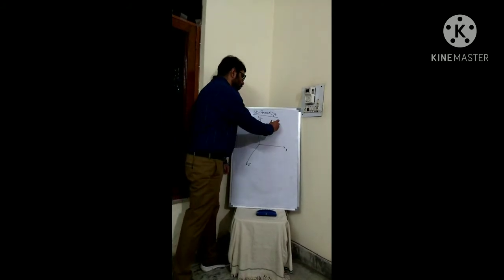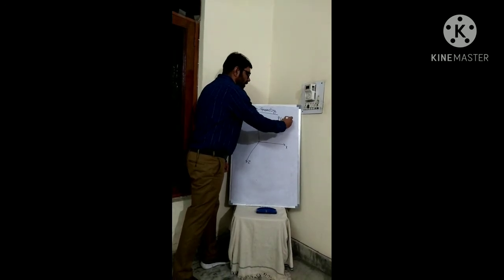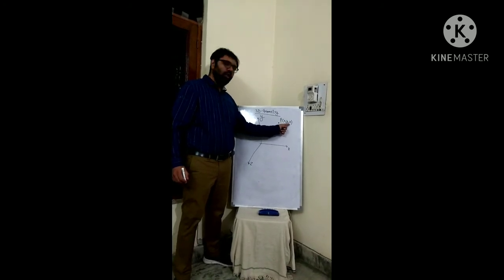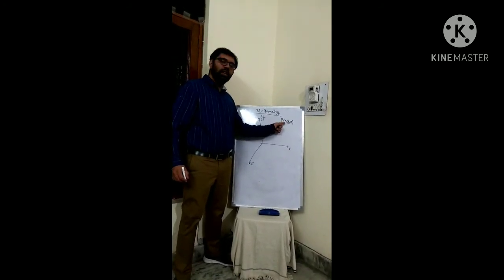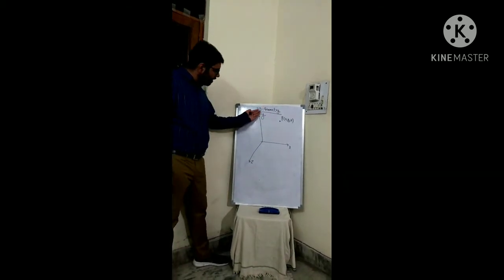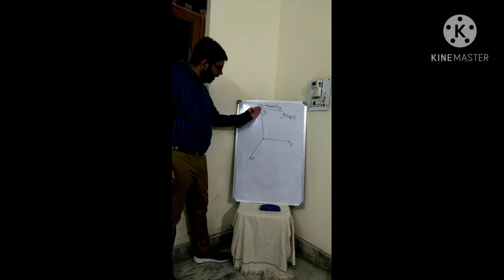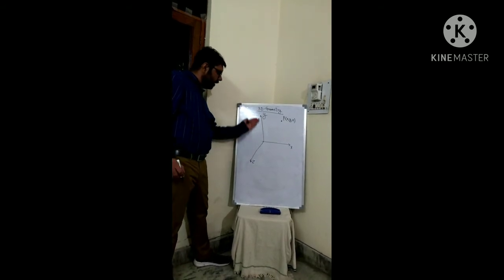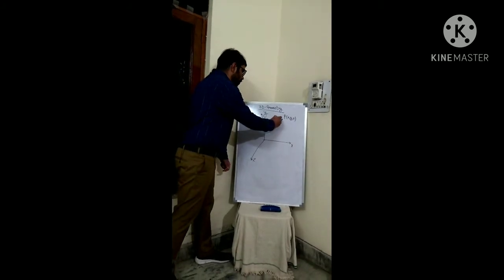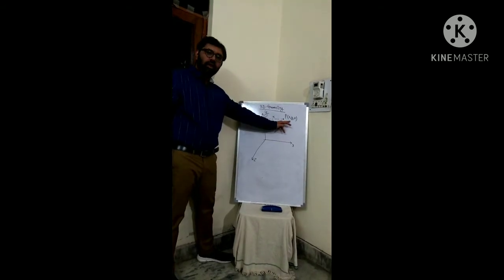If I want to express any point P in three-dimensional space, I need to write its three coordinates, which means x coordinate, y coordinate, and z coordinate. So basically, the x coordinate represents the distance of a point from the yz plane. The yz plane is the plane which is formed by the y-axis and z-axis. So here we have these two axes, the y-axis and z-axis, and this plane will become the yz plane. So the distance of point P from the yz plane is represented by the x coordinate.